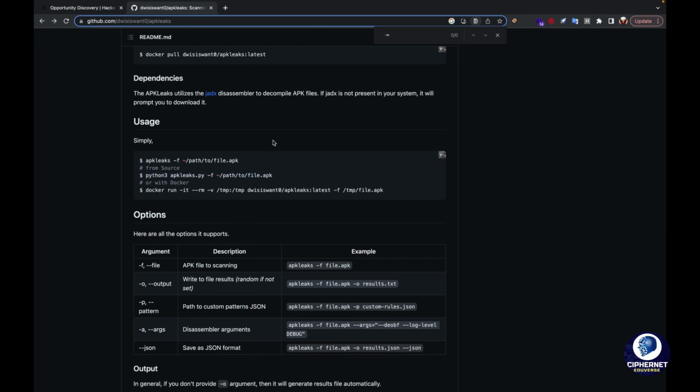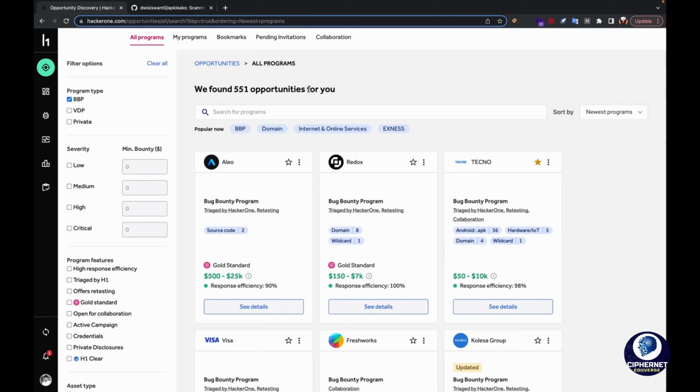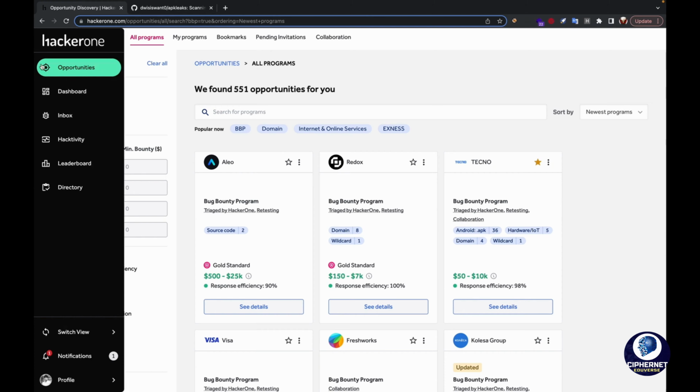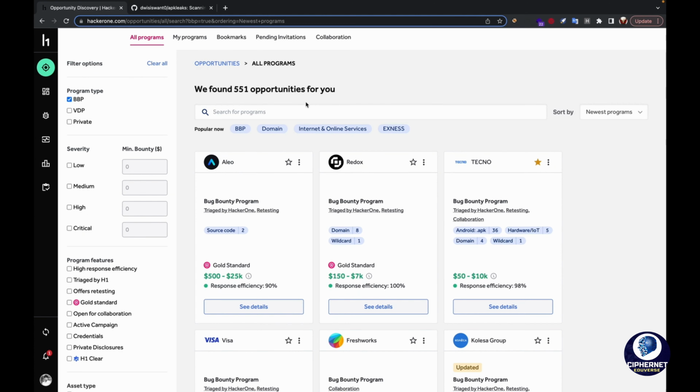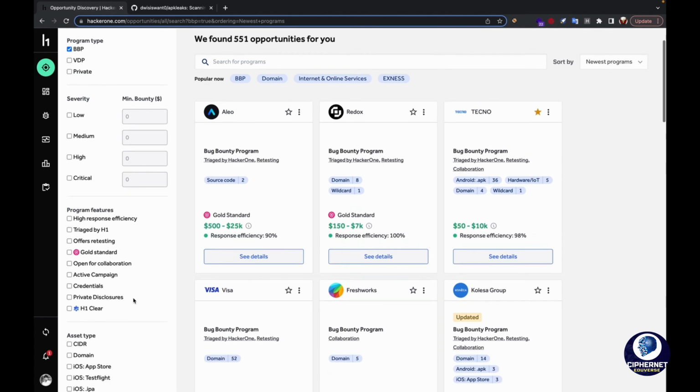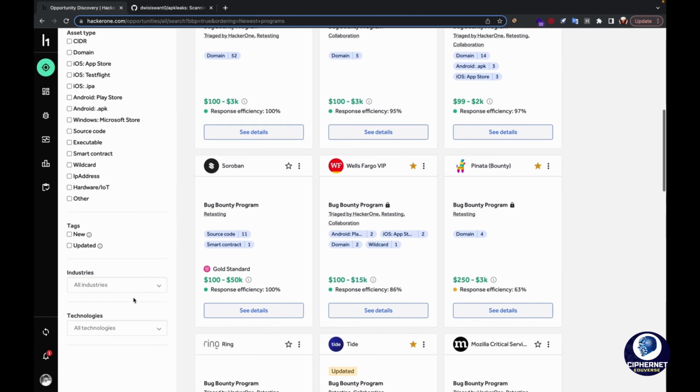So now let's discuss how you can find an application in the bug bounty platforms. Let's discuss a few bug bounty approaches now. I have logged into my HackerOne account and navigated to opportunities and selected bug bounty private and public programs. And here in the filters you can select